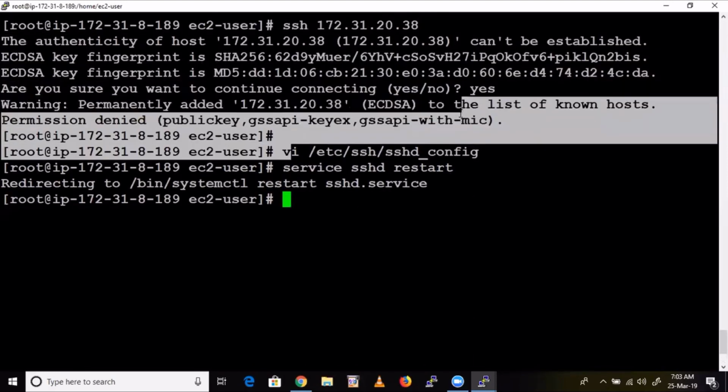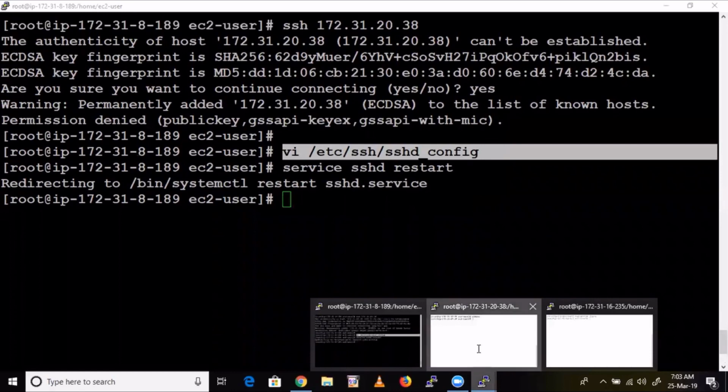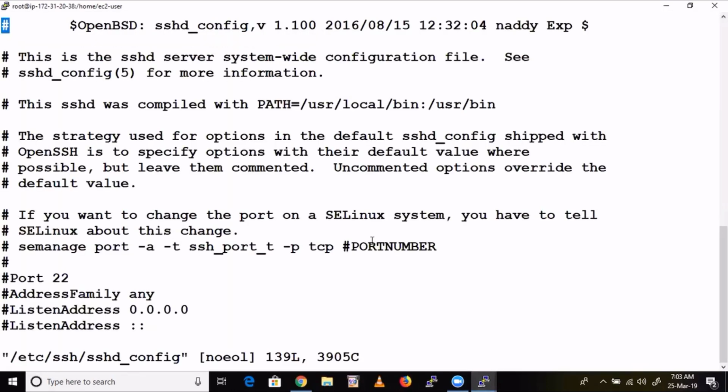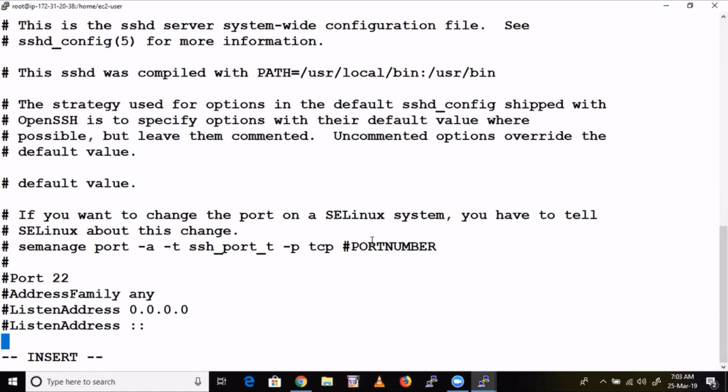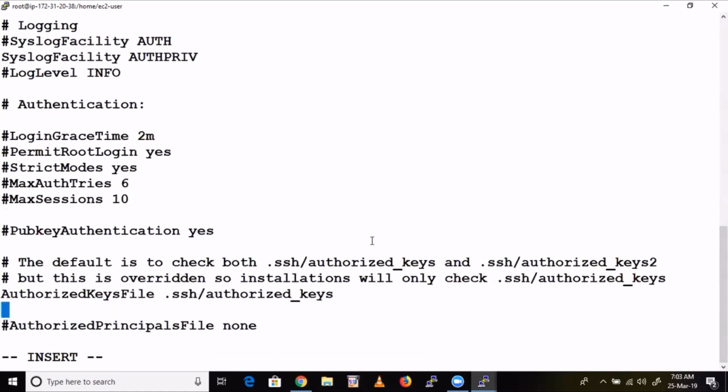Now do the same thing in all machines, guys. Quick. Now scroll down. So see here, PermitRootLogin, yes, right? Uncomment.